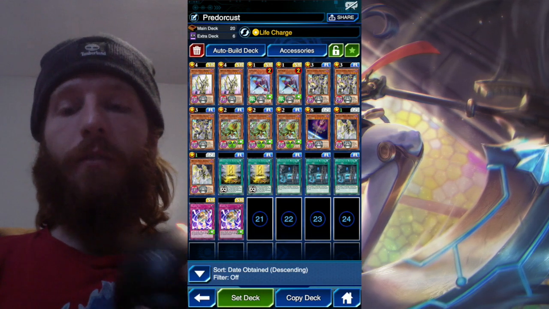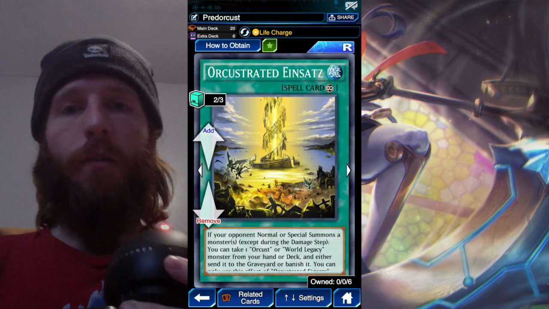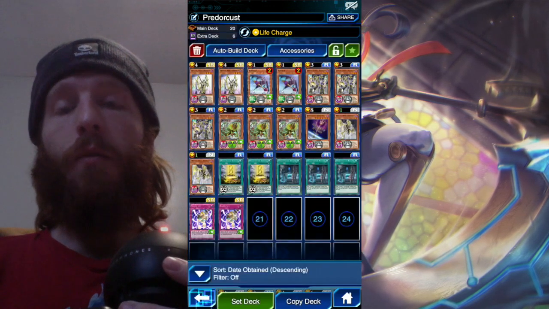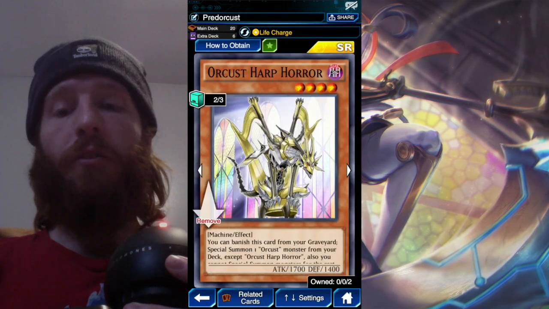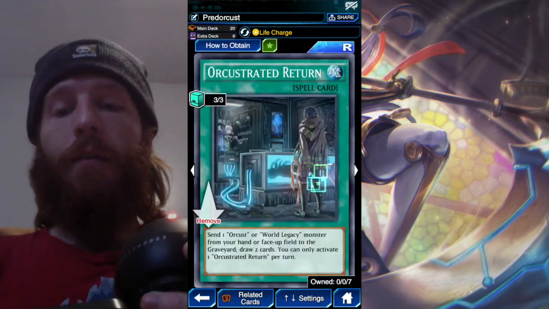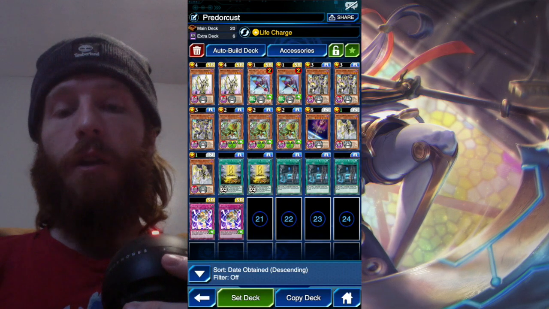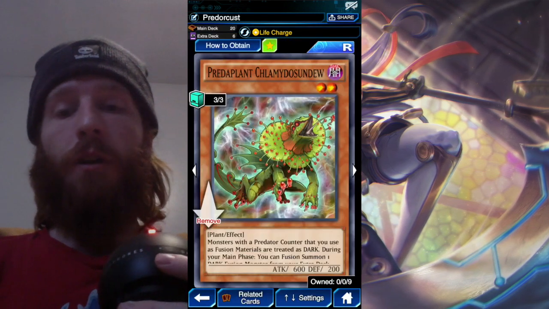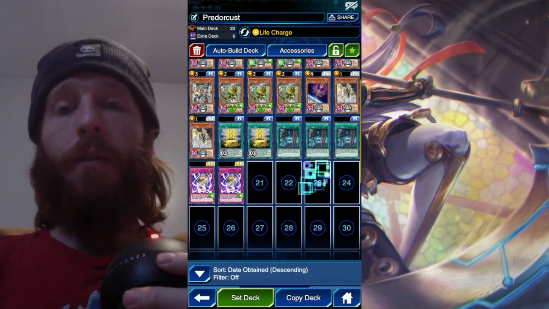So pretty much the idea of this deck: this card, I don't know how to pronounce it, will, on your opponent's summon, let you send an Orcust from your deck to the graveyard, which is nice for being able to specifically choose to send Harp or Skeleton or Bombard. And then Orcustrated Return will get rid of one of your Orcust cards in order to draw 2 cards. And then Sundew will let you discard one of your Dark Machines in order to summon Chimera,